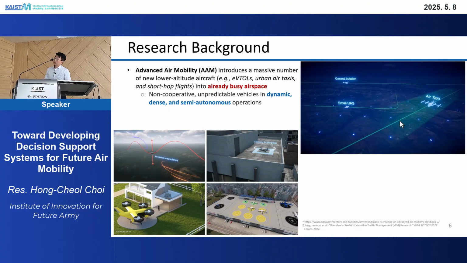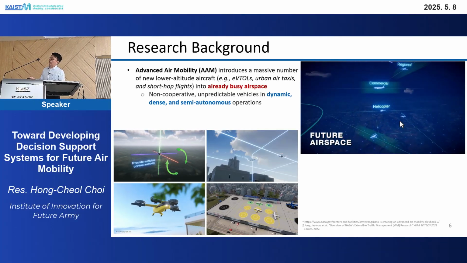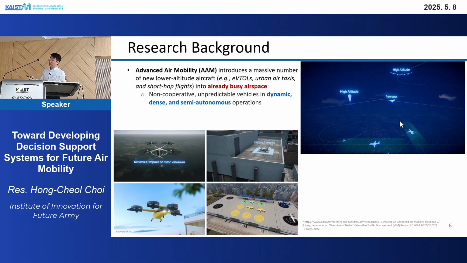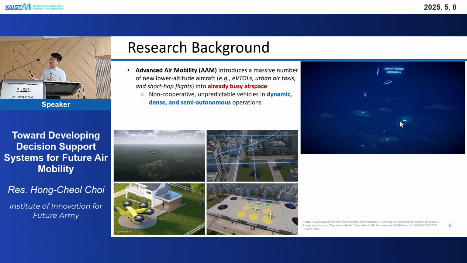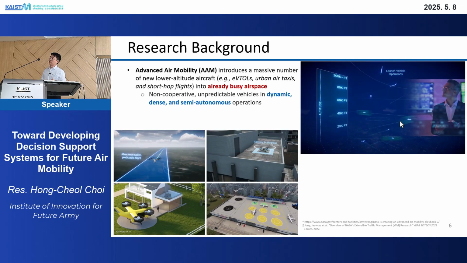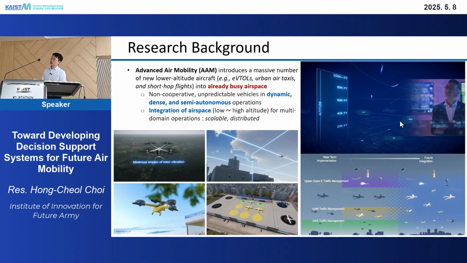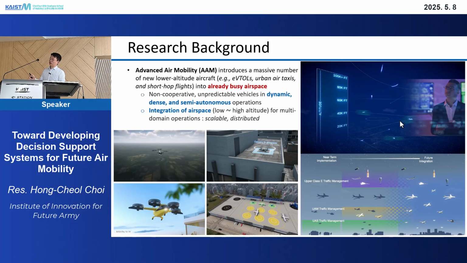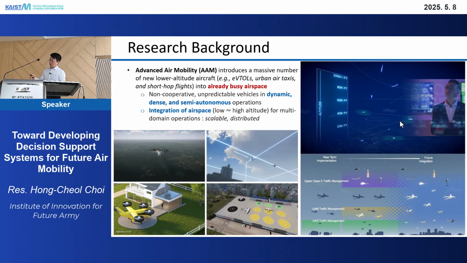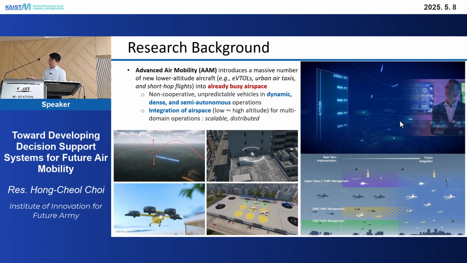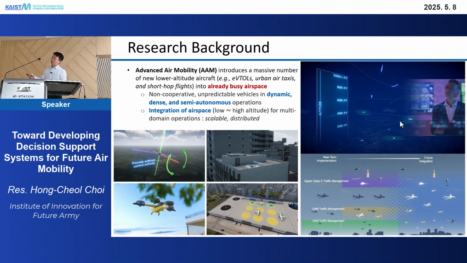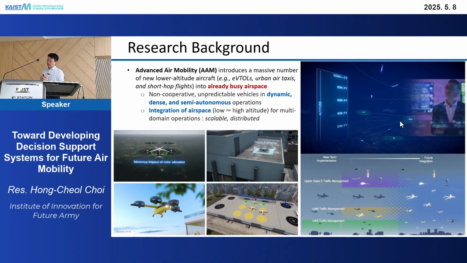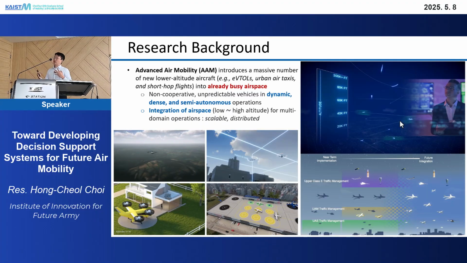And in order to incorporate this new concept, NASA has tried to propose a new concept of traffic management, including all the operations: the conventional air traffic control, and also the new concept of operations, which means the low altitude, including some drones and air taxis, and the high altitude, including all the aircraft. So this integration of airspace could give us much more challenges because the operation types can be changed,